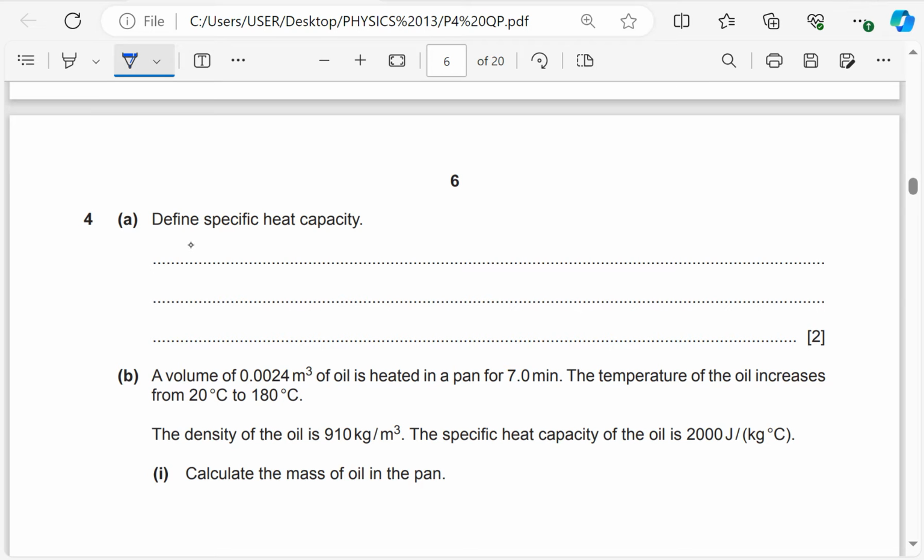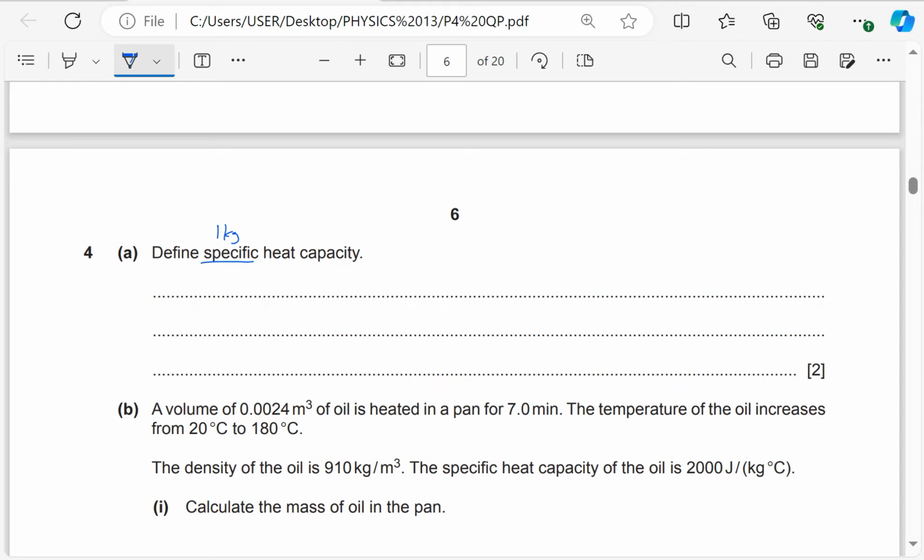So define specific heat capacity. Of course, specific means a unit mass of 1 kilogram. And when we talk about heat capacity, we are raising the temperature of a substance by maybe 1 degree Celsius. So specific heat capacity is going to be the thermal energy or heat energy